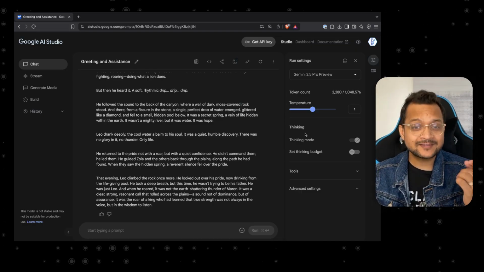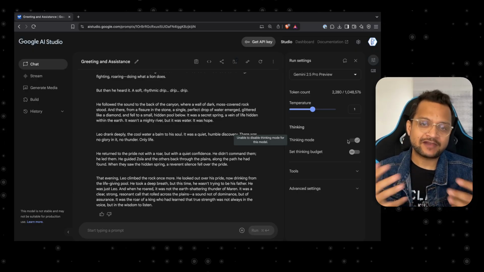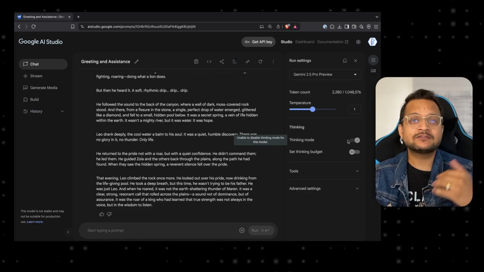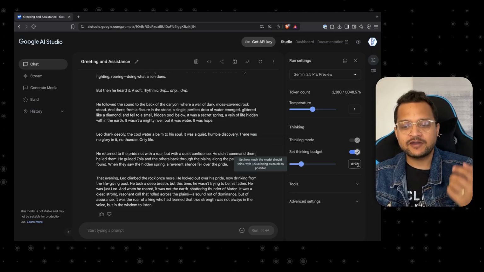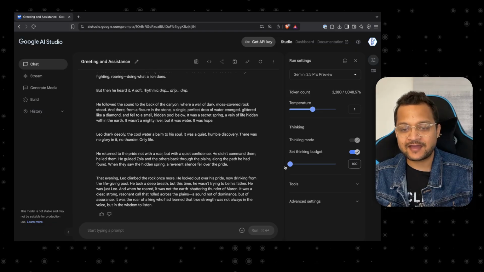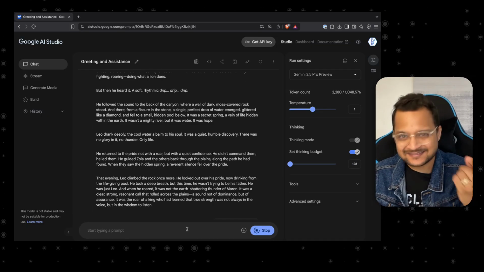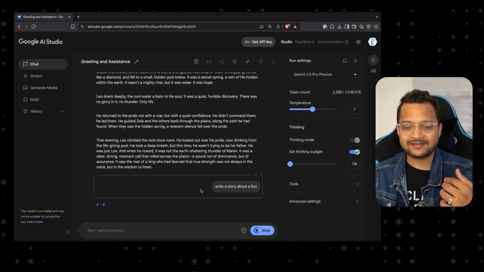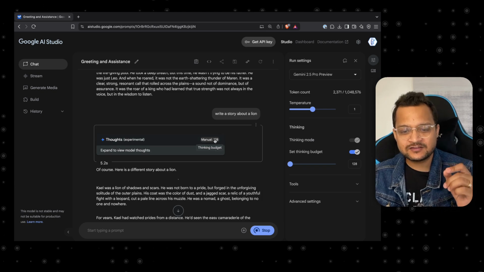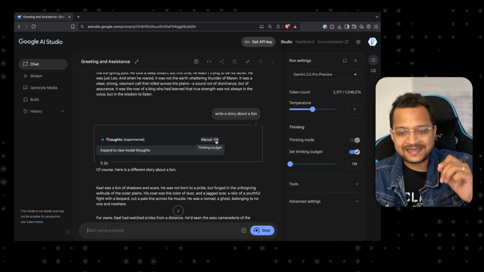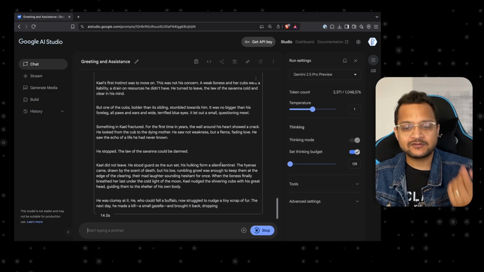Now next is thinking mode. We already talked about the thinking mode, which is only available in the Flash model. This Pro model is by default a thinking model, but what you can do is set the thinking budget very low. So let's say I just have 100 as the thinking budget. Now if I do this, it's going to think less about the problem and give you the response in a quicker manner. You can see it just used a manual 128 budget for the thinking mode, and that's why it's really quick in